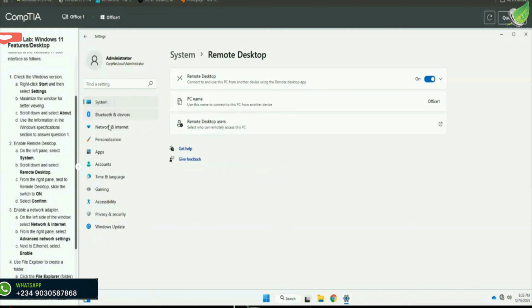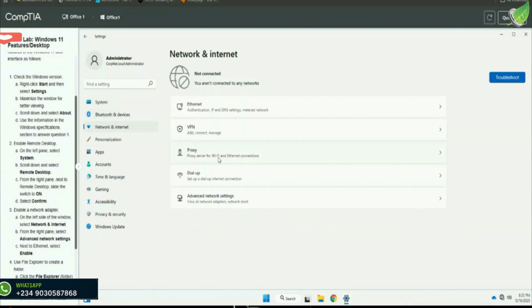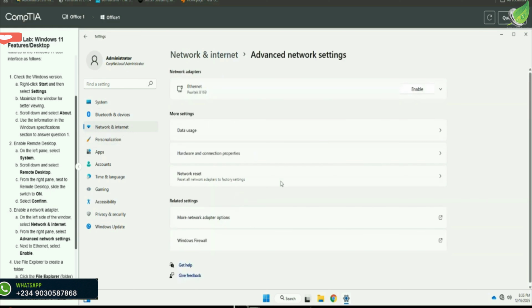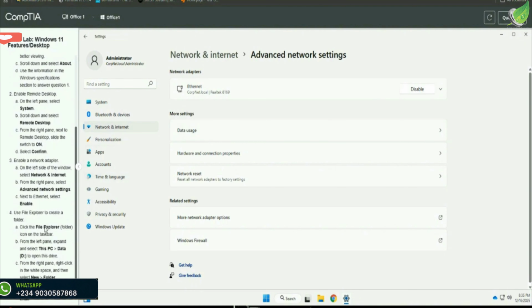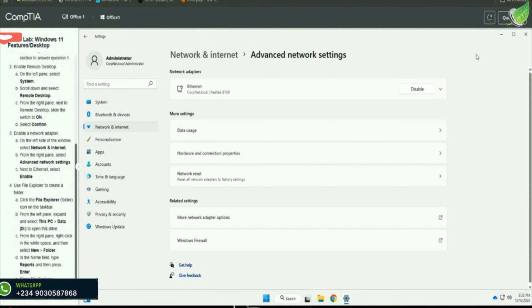go to Network, and we want to Advanced Network Settings. Go ahead and enable this and scroll down. The next task, File Explorer. Okay, let's close this,